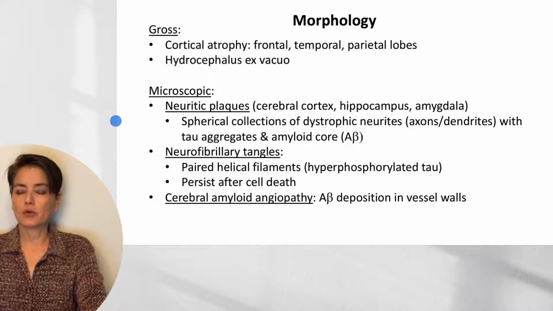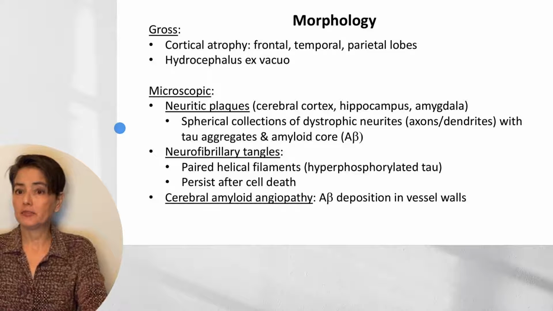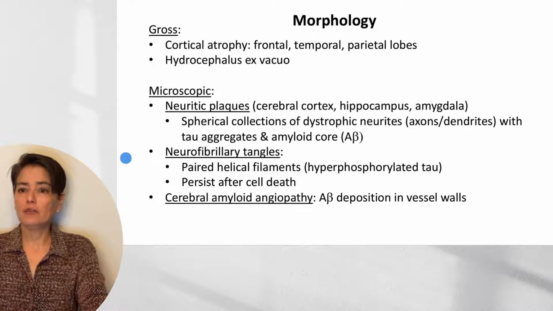These neuritic plaques are going to be seen most commonly in the cerebral cortex, hippocampus, and amygdala. And they're characterized by spherical collections that have an amyloid core, A beta core, with dystrophic neurites, so the axons and dendrites, that have tau aggregates. Neurofibrillary tangles are going to be composed of our hyperphosphorylated tau in paired helical filaments that can persist after cell death. And for our cerebral amyloid angiopathy, we can get A beta deposition in vessel walls, leading to an increased